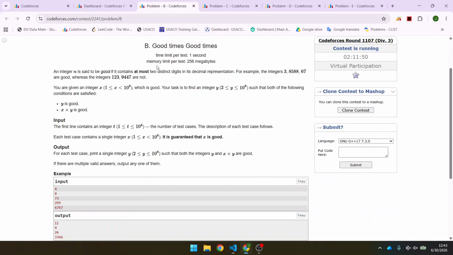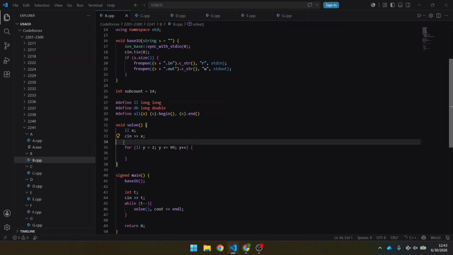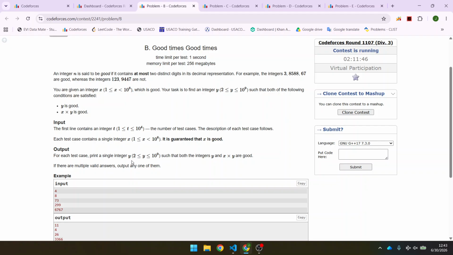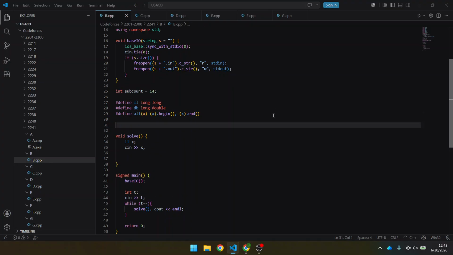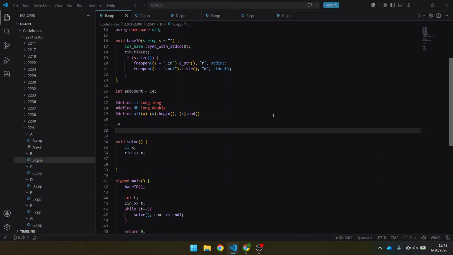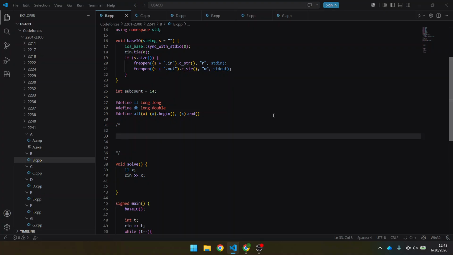I think there's always a valid y, right? We're guaranteed that x is good. And if x is good, then it must be in some form of a's and b's, right? Something like this. If you multiply this by